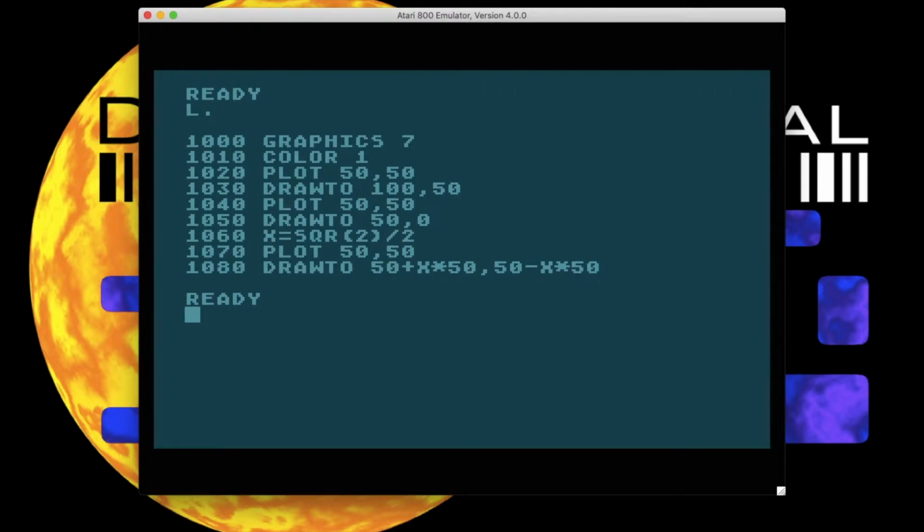So let's at 10 90, we're gonna for x equals 0 to, let's try 500 colon next x for our delay, and then here we're gonna go back to graphics 0, graphics text mode, and then